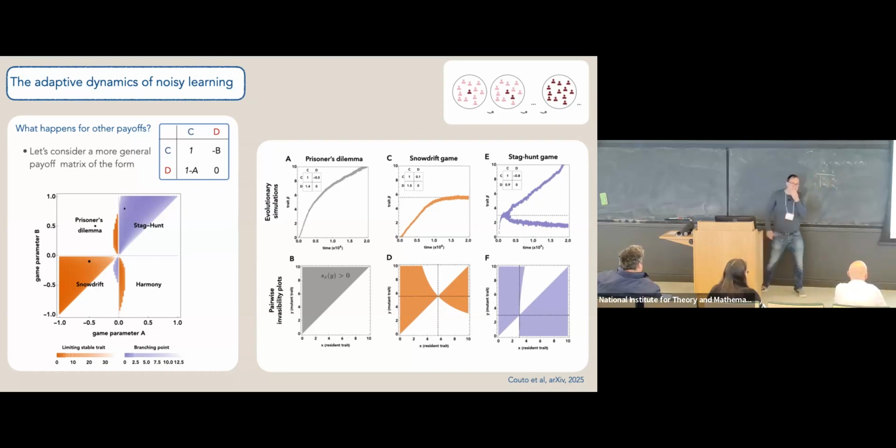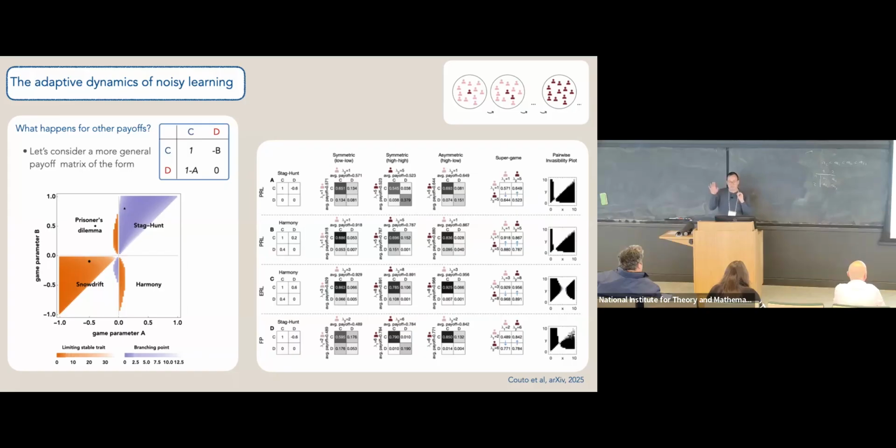Now, you might also say that introspection dynamics, well, that's something that you came up with. I don't trust your process. Perhaps it only holds for introspection dynamics. That's also one thing that one of the reviewers correctly argued. So we tried different processes. We also tried some versions of reinforcement learning, so these are two reinforcement learning processes. This is fictitious play. And you see that they always lead to these pairwise invasibility plots that would predict a finite beta.